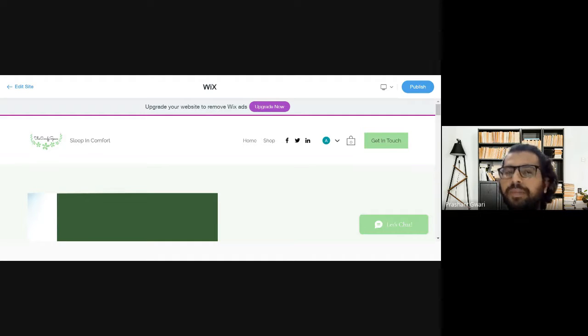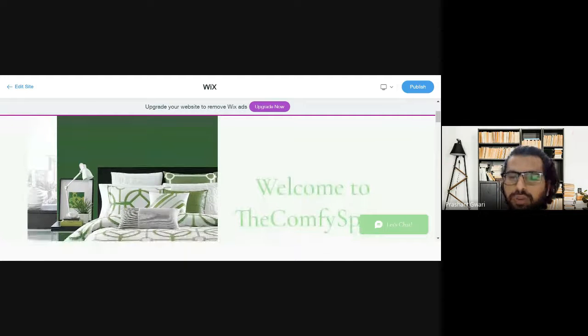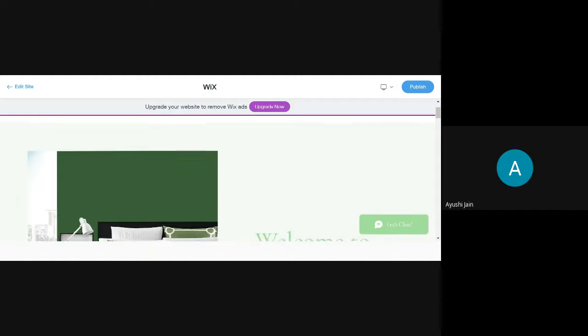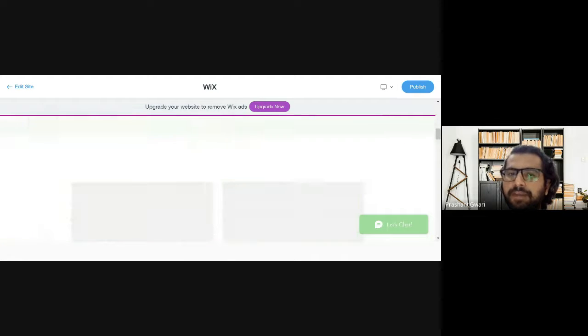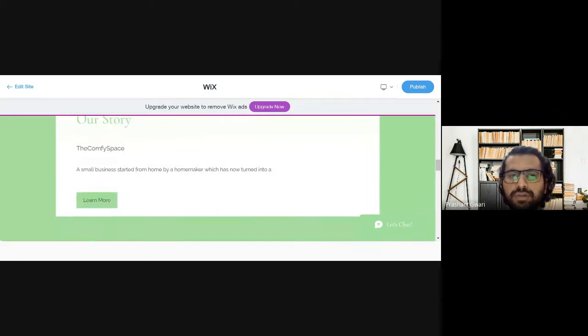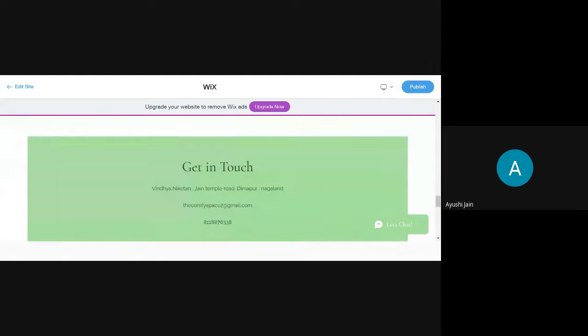Your website has only two pages, home and shop. So you have to create more pages for your website. Also, the call to action button. I think there is no call to action button on the introduction part. Yeah, it's not there, I'll add that. Call to action buttons are important for every single part, because after seeing this, they will visit your second page. And then also check the mobile version of this website.